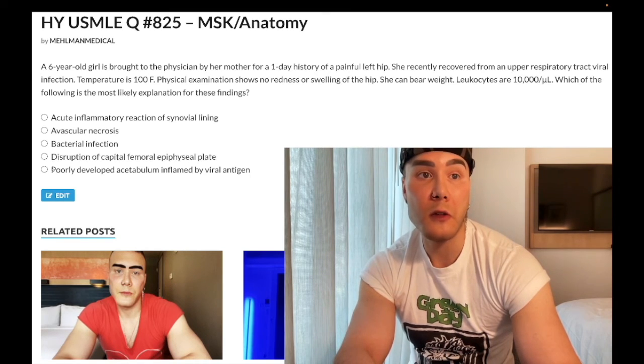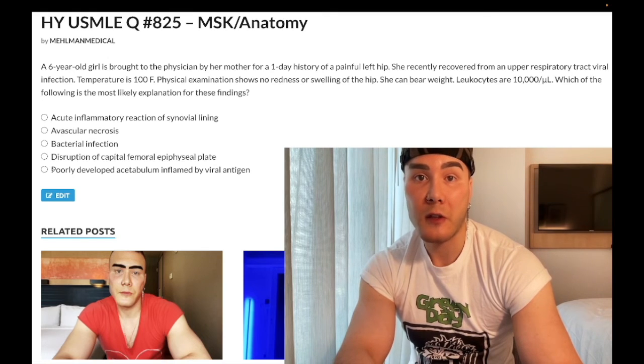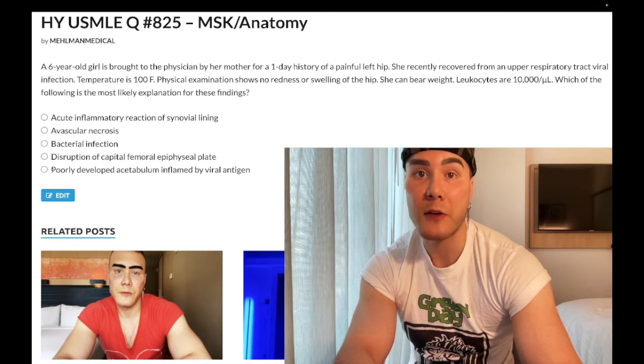Sounds wrong because students think referral is always wrong. This is the exception. So if you have positive Ortolani-Barlow maneuvers, clicking clunking, you're going to do ortho referral if it's listed. If it's not listed, they want imaging. Under the age of 6 months, you're going to do ultrasound. Over the age of 6 months, they want x-ray, and they will be borderline with it. They will give you a kid who's 7 months, and the answer is x-ray, not ultrasound. Okay, so under 6 months, ultrasound, over 6 months, x-ray, and they want the treatment, which is going to be